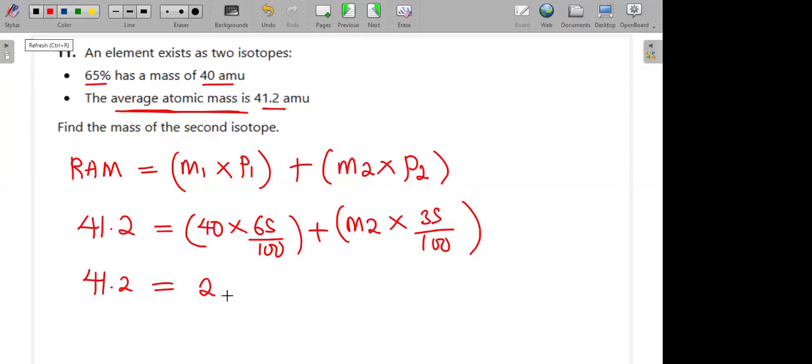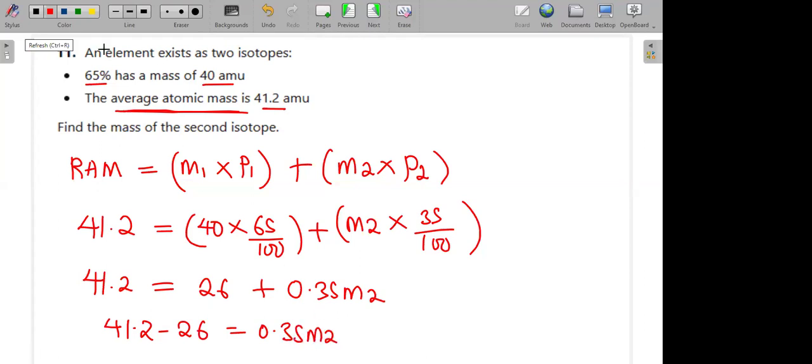I get 26, plus here I have 35 divided by 100 and then multiplied by M2. So I get 0.35 M2. So I'll take this to the other side. It will be 41.2 minus 26, which is equal to